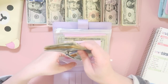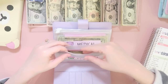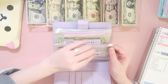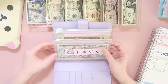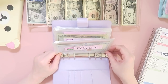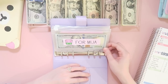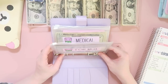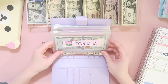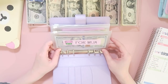And this is for anything under the sun, like if she moves out when she's 18, or if she wants a quinceañera or a first car, we will take it out of here, and we'll just let her decide what she wants to do with this money when it comes time for it. I just want to save up for her a little bit at a time, and anything that she gets from her birthdays or Christmas will go in here, up until that changes, or if she wants a portion of it to spend when she's a little bit older,